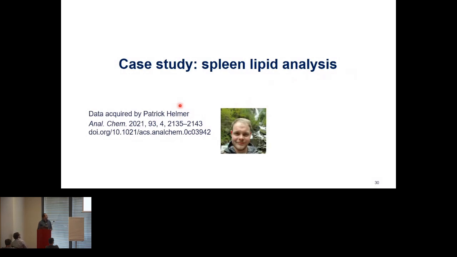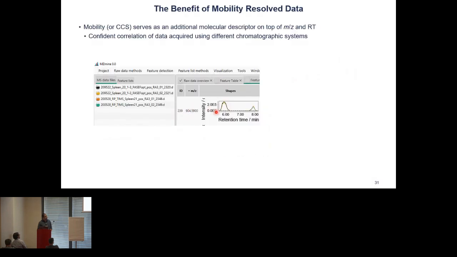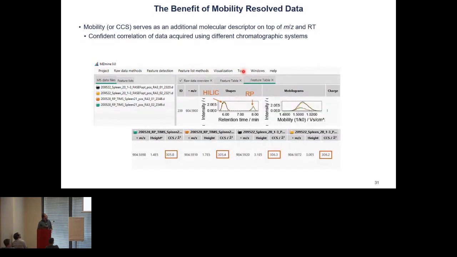And in this particular case, what they did is they used two different chromatographic systems. So here you can see two different peaks in the chromatogram that belong to the same molecule, and it's because one is coming from HILIC chromatography and the other one is coming from reverse phase chromatography. And using the mass and the mobility value, you can align these together, and that helps you increase your coverage if you're, for example, interested in lipids, so increasing the coverage of the different lipid classes. So here we have the mobilogram, and the mobility values are the same, so we can use that to align